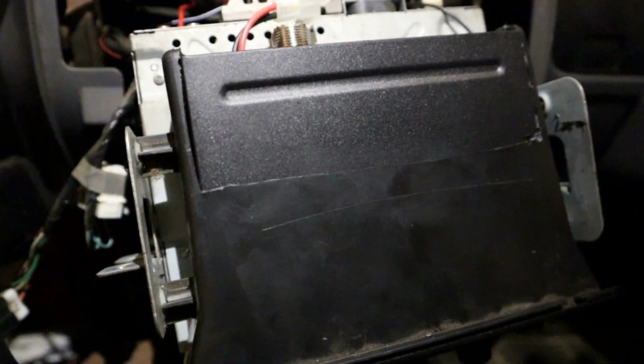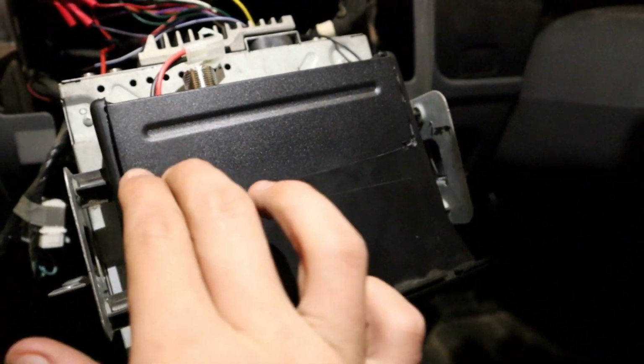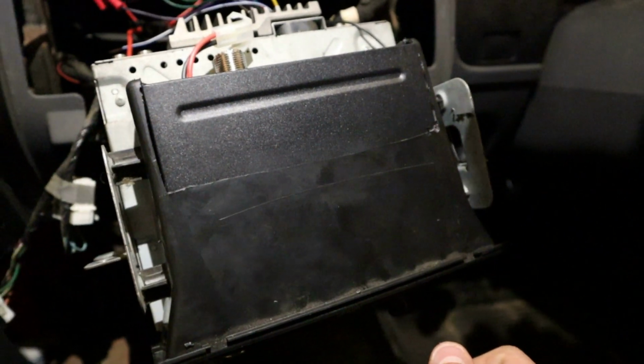And that way it's easy to take in and out, but it's not going to go anywhere. Rough road, it's not going to go anywhere. It'll stay nice and still for us. So now that I've figured out how I'm going to mount it,